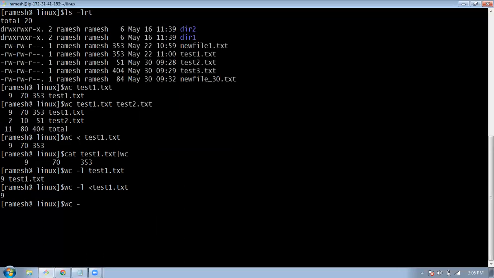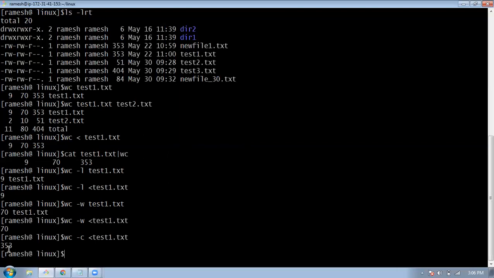Now we have another option, small w. This is for the word count. So this is how we'll get it. The same way it works for w also. And if you want characters, you can use -c. So there are the total number of characters only.